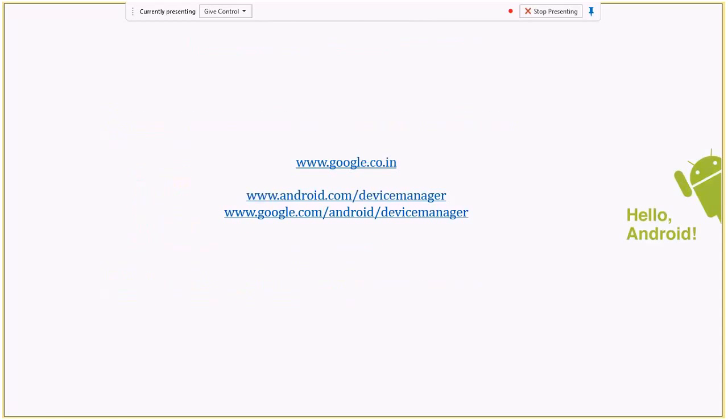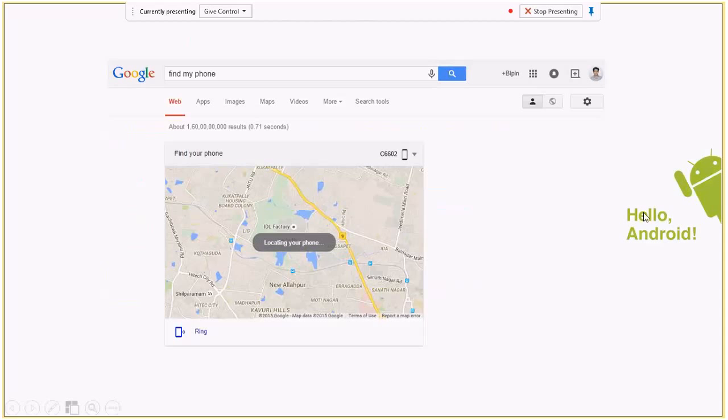If you go to Google, you can simply type the command "find my phone" and Google will find your device. Say that you have already put your Google account inside the device and you have enabled Android Device Manager. When you type find my phone on Google search, you'll be taken directly.